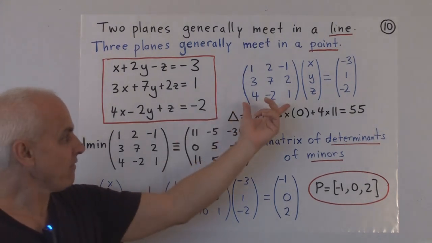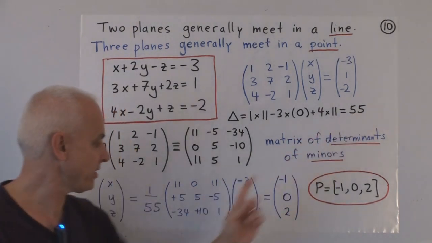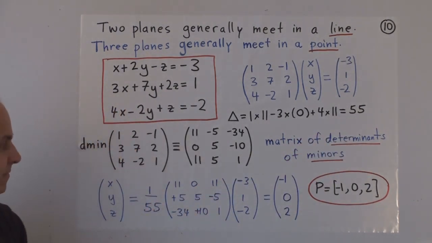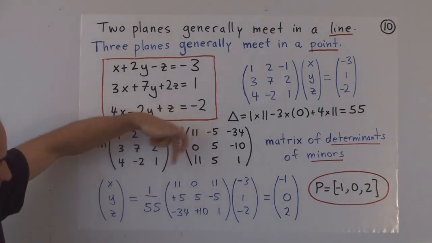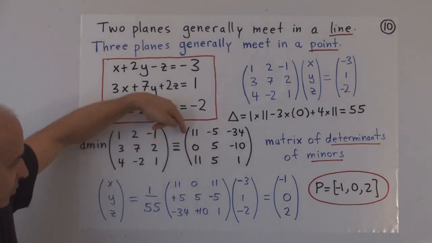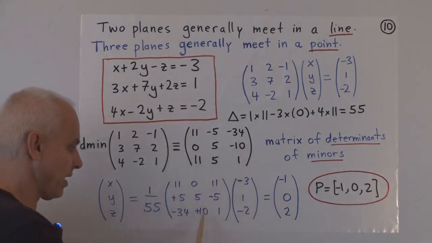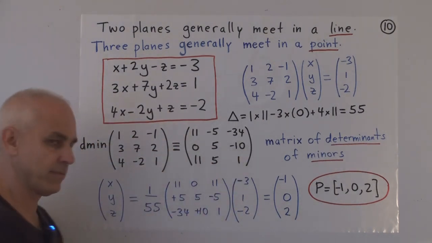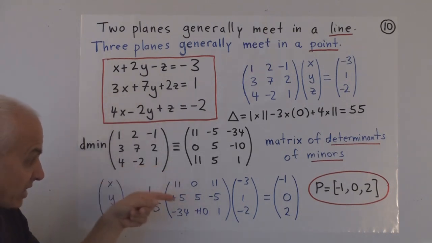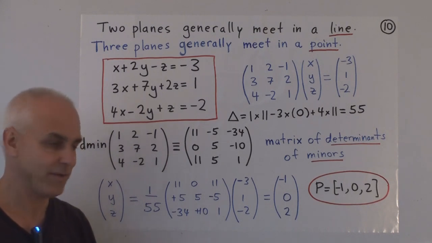So to calculate the inverse, what do we do? We take 1 over the determinant, there's 1 over 55, and we take this matrix and we transpose it first of all. So instead of going across here, we go down. Instead of going across here, we go down. Instead of going across here, we go down. And after we've taken the transpose, we multiply all of these odd positions by minus 1.